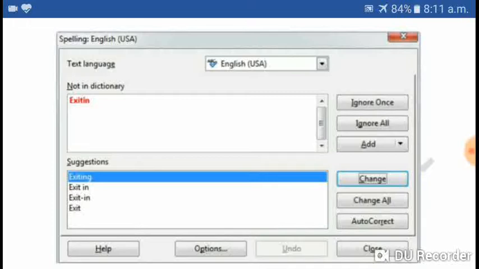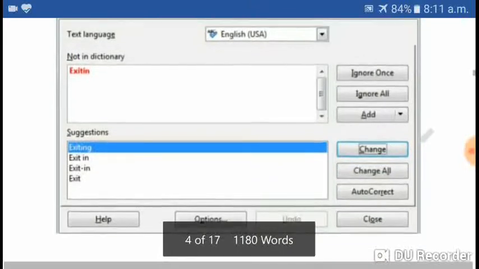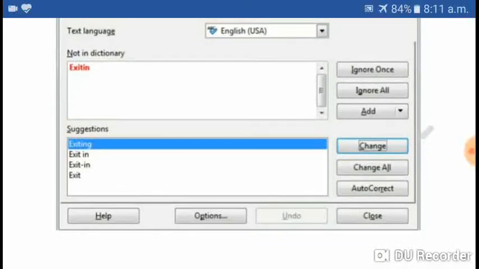Our misspelled words or incorrect words will be listed there, and its alternative, its replacement, correct words which we can select from the suggestions box will also be listed. And if we don't want to select from the suggestion box, yes, we can type on our own also, then our typed word will be replaced. So select the word from the Not in Dictionary, like here EXITIN is written.